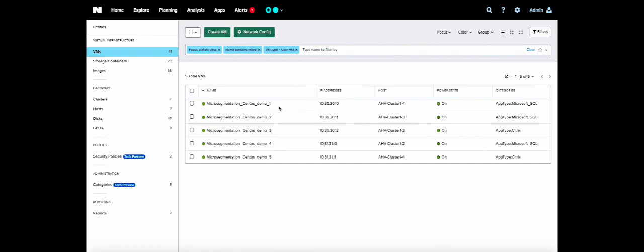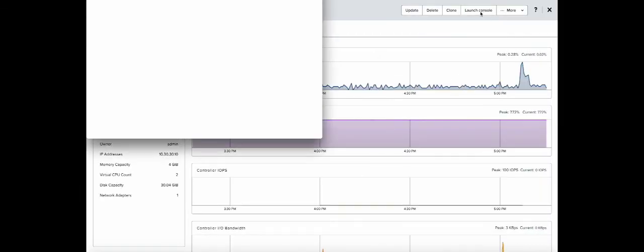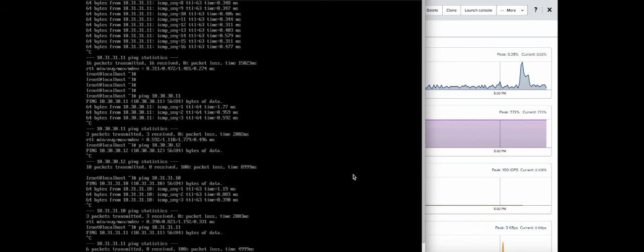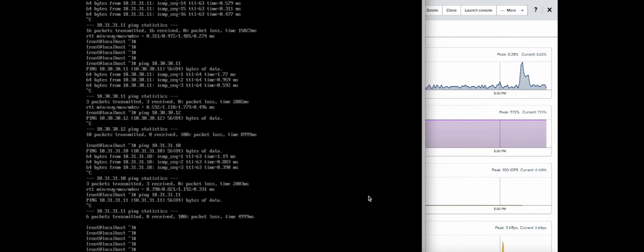So in this part, we want to test the immunity of the micro-segmentation policy against the host and the VM host migrations. So we will prove that the security policies are centrally managed and they are migrating with the VMs when they move from one host to another without any need for any manual intervention from the administrator to reinforce them. So back to CentOS 1, which is part of the SQL environment, and I will try to ping one of the Citrix VMs. So I'll ping CentOS 3 on